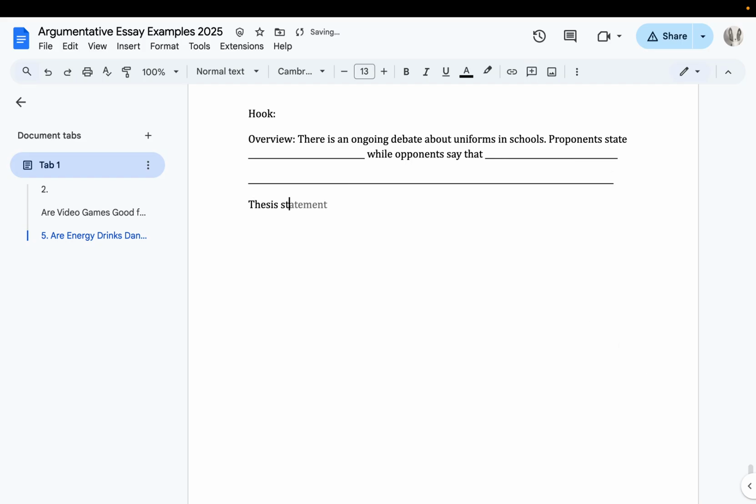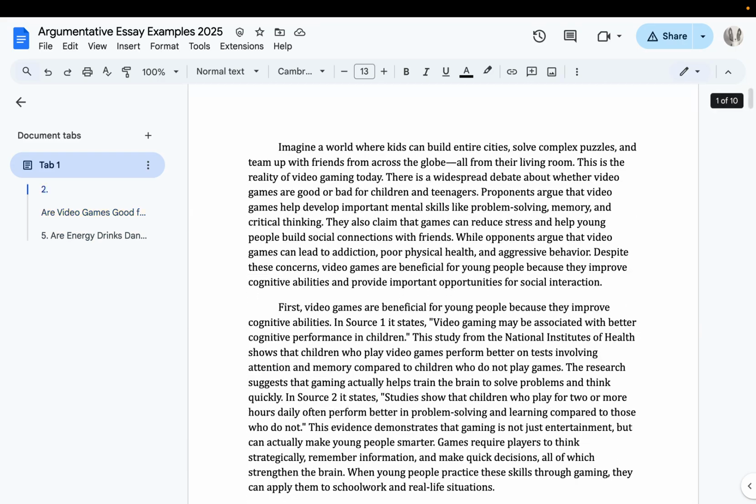And then your thesis statement is going to have your side. What do you think? Okay, for example, uniforms should not be enforced in schools because. Okay, so if you do something like this, it's like an S+ overview, and your thesis statement obviously is going to be really awesome because you're really good at writing thesis statements. But the overview seemed to be an issue on Thursday. So let's continue with this one.